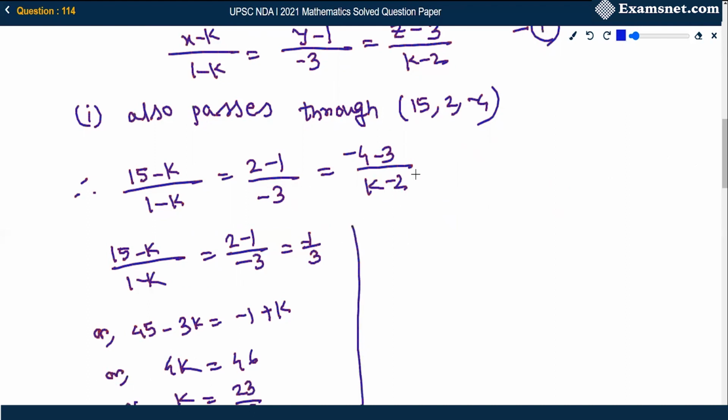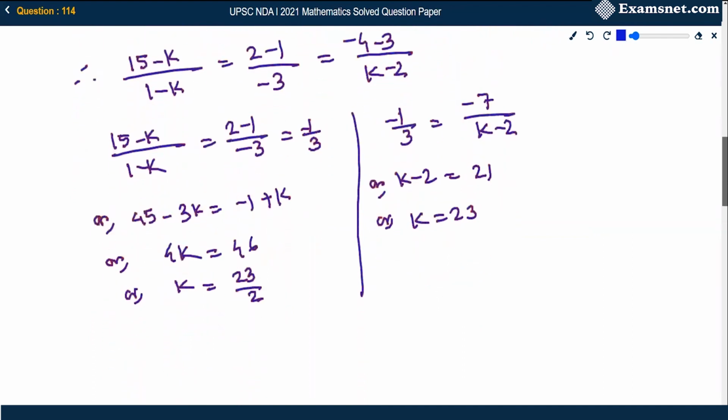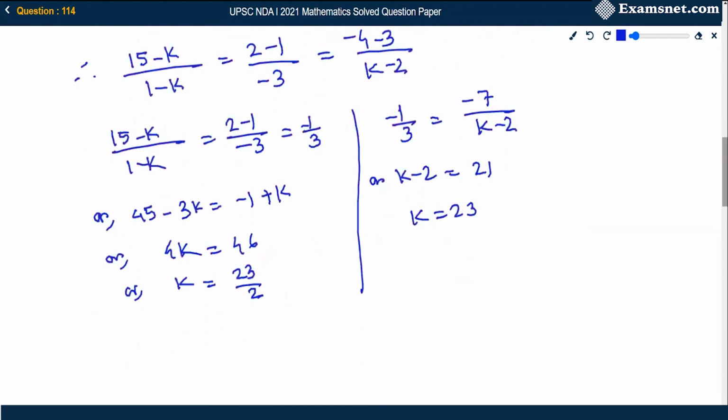Also now taking the second and the third ratio, minus 7 by k minus 2, k minus 2, 21, we got k equals 23. So from these two values, we can say the possible value of k